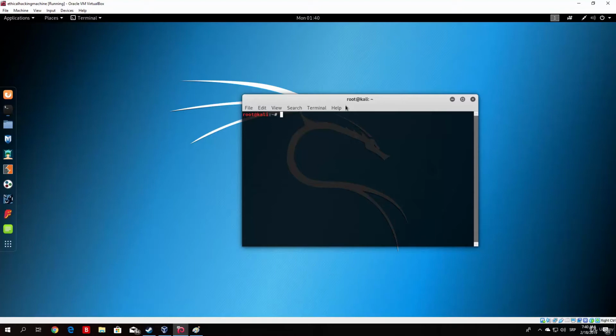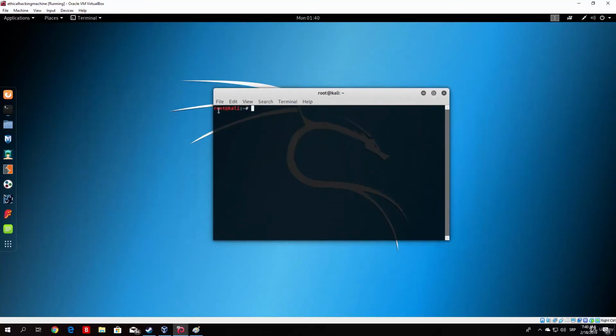And for those of you who don't want to use a graphical user interface and prefer to stay with the command line interface, you can just skip to the next video. But for those of you who prefer the graphical interface more, I will show you how to open it and use it from there. So first of all, open up your Kali Linux machine,